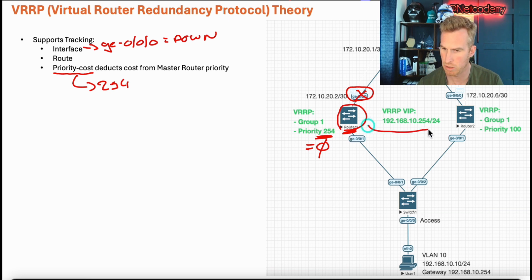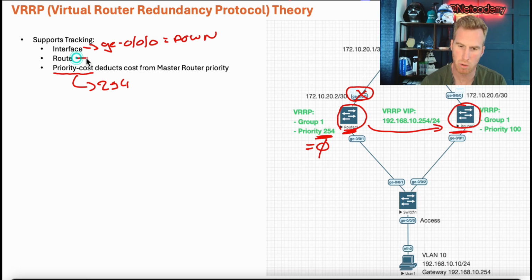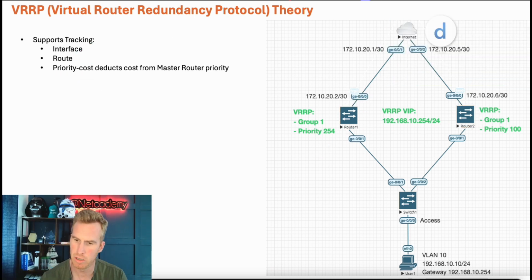It's then going to be the backup to the new active router, that is router R2. And it's not just for interfaces, you can also do it for routes. And we're not going to do this in the lab, just for your information. So over here, there's actually a quad 0 or default route of 0.0.0.0/0 pointed to this next hop IP address